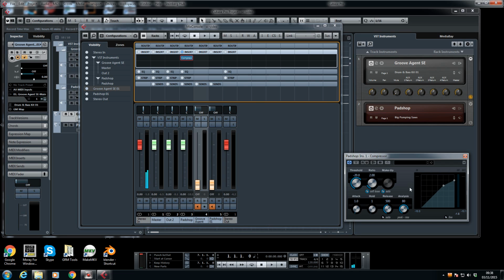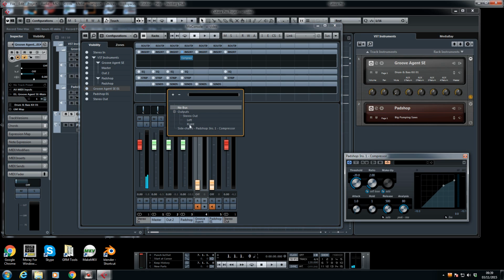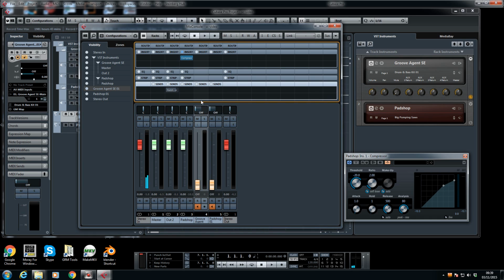But I want to activate the compressor using the kick drum sound, but make it work on the Padshop sound. So to do that, I activate the sidechain, and then I need to send some sound from out to the compressor. So under Send, I add my sidechain Padshop compressor. I turn it on, so when you mouse over in Cubase 8, you turn it on there. And now when you push play,